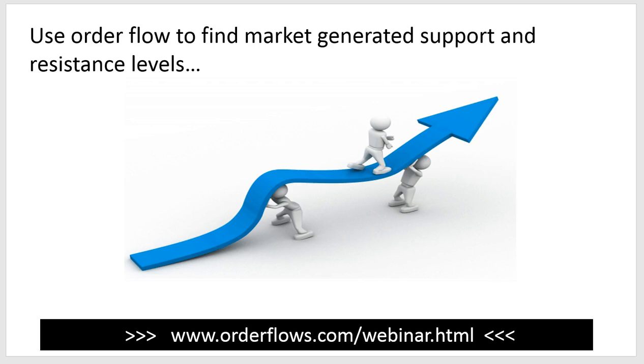And I'm going to show you, with order flow, if you watch some of my other videos, you'll understand how the market can tip you off that there is support or resistance as soon as you trade a level, right? And that's where your edge is going to come in, because if you're using order flow you'll know you've hit a level where there's support or resistance right as soon as you hit it, okay? And you start to move away. You'll know then that you have support or resistance.